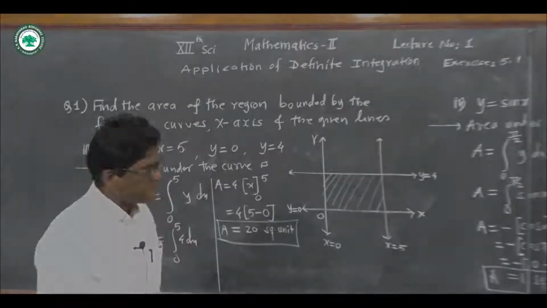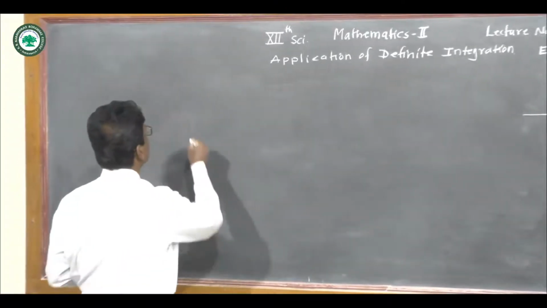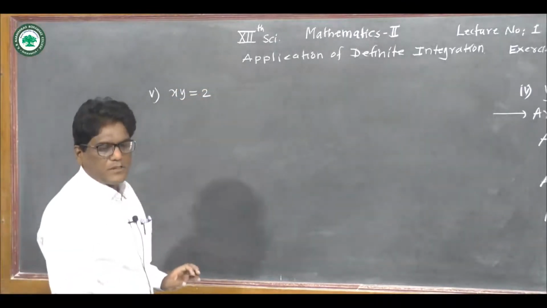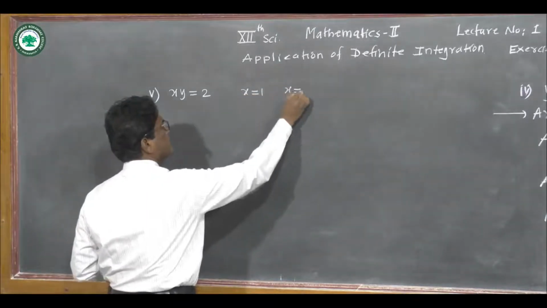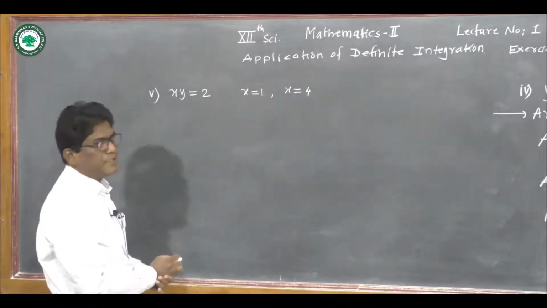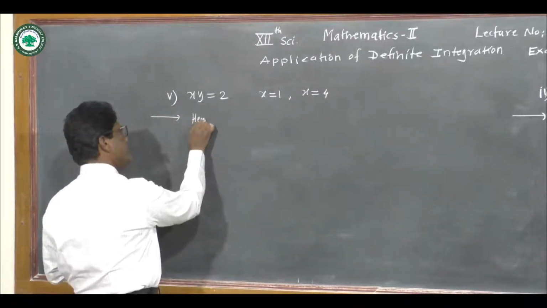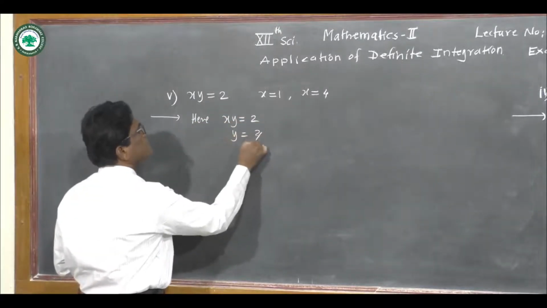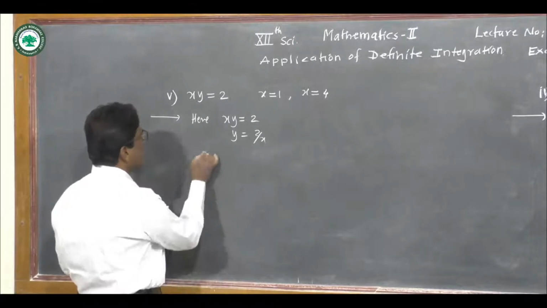Now fifth problem: xy is equal to 2, x is equal to 1, x is equal to 4. We have to find the area under the curve xy is equal to 2, x is equal to 1 and x is equal to 4 and the x-axis. So xy is equal to 2, so y is equal to 2 upon x. We find the value of y, that is 2 upon x. So the area under the curve is,